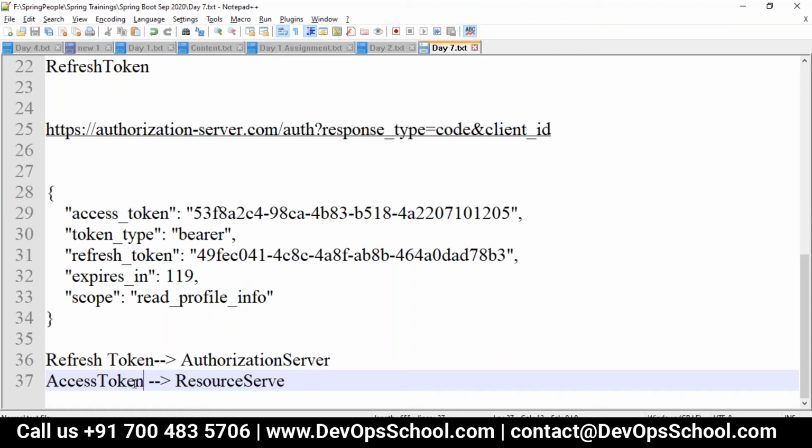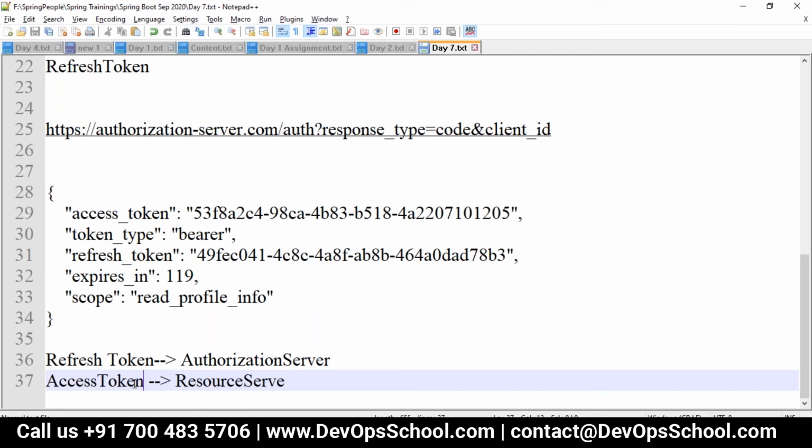See, I'm one client. I just logged into your application, did my whole process, and got my access token and refresh token. Now I am not there, but I want to access your resource.